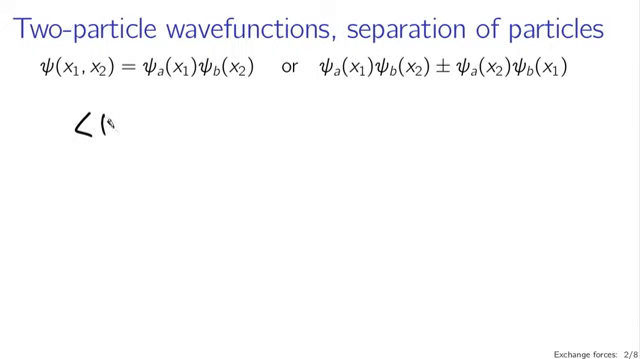So let's consider calculating the expected value of the separation between these two particles. So the expectation of x1 minus x2, and we'll have to square that, because if these particles are going to be indistinguishable, I can't tell which one is to the left of which. So the absolute difference, or the difference x1 minus x2 expected value, must go to